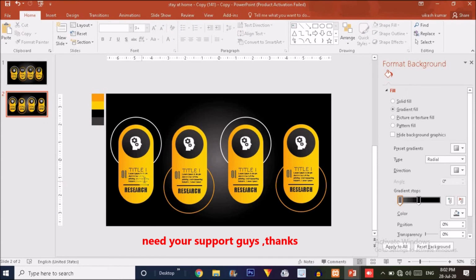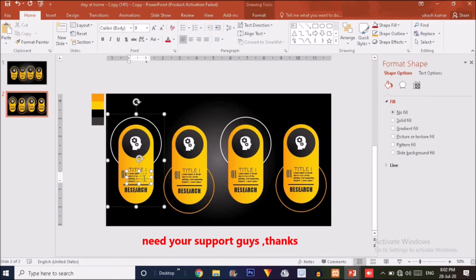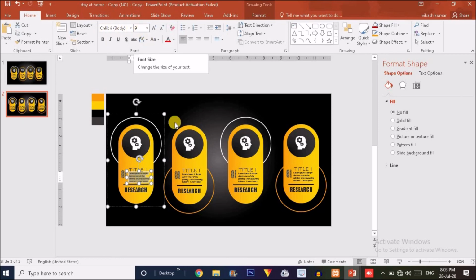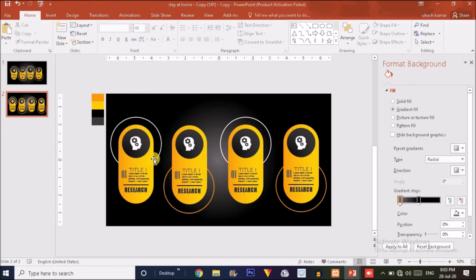So let me introduce you to which type of text I'm using in this particular infographic. You can see here I have used Calibri body and the size is 9. For the research text I have used Impact and the size is 24. And for the one step title I have used this particular style and the size is 44. Okay guys,